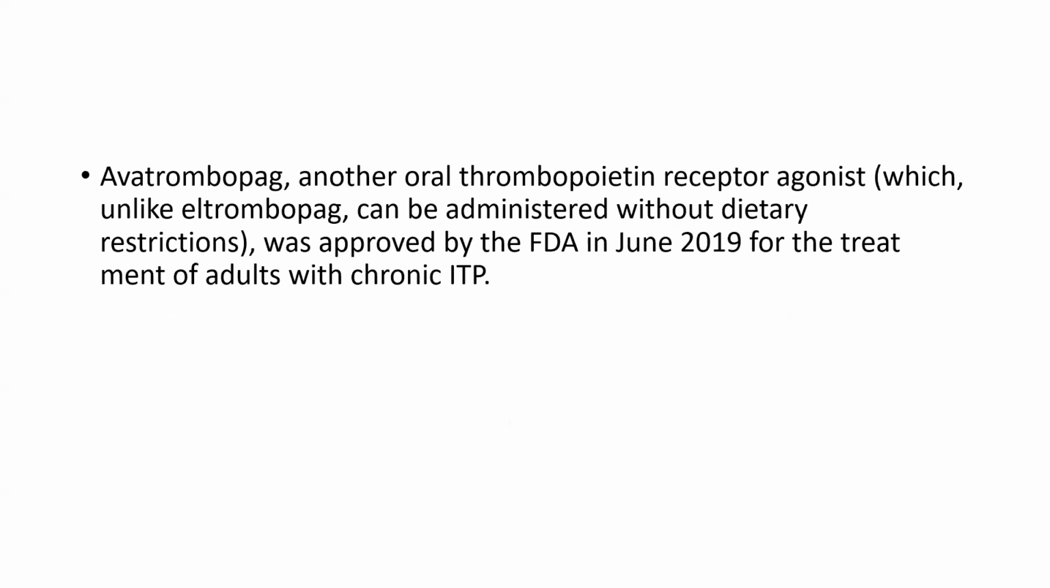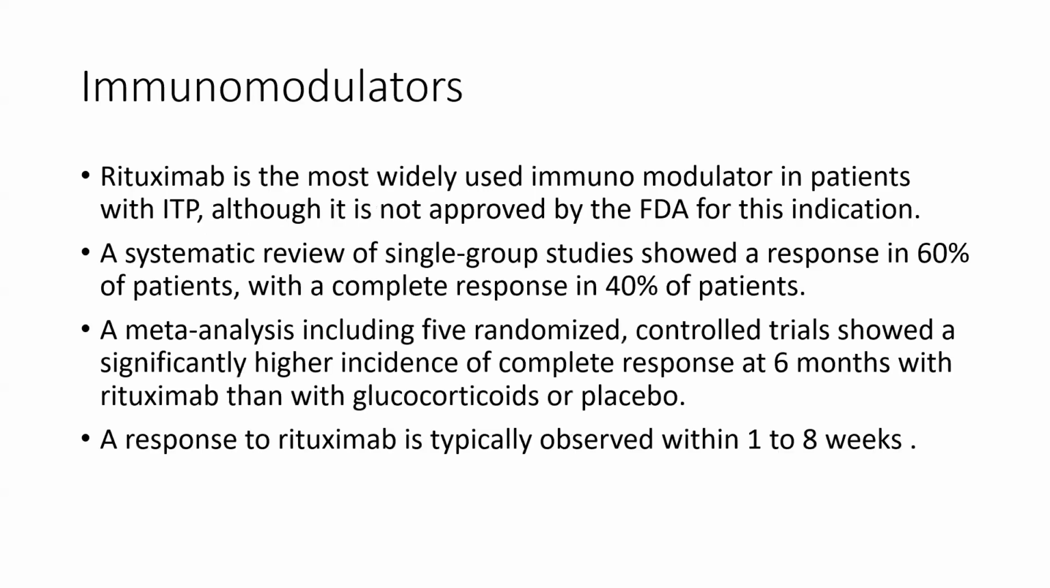Avatrombopag, another oral thrombopoietin receptor agonist, which unlike eltrombopag can be administered without dietary restriction, was approved by the FDA in June 2019 for the treatment of adults with chronic ITP. Now, about immunomodulators. Rituximab is the most widely used immunomodulator in patients with ITP, although it is not approved by the FDA